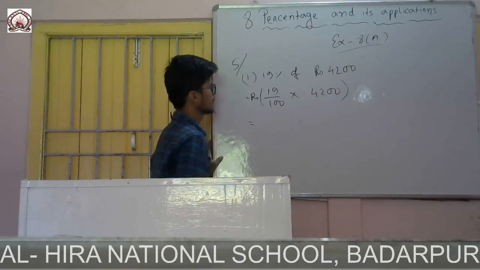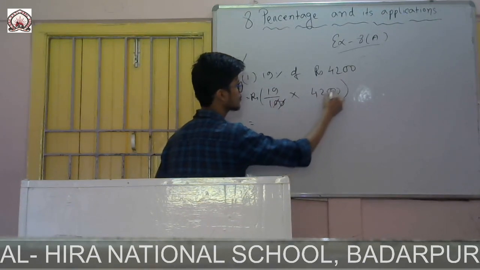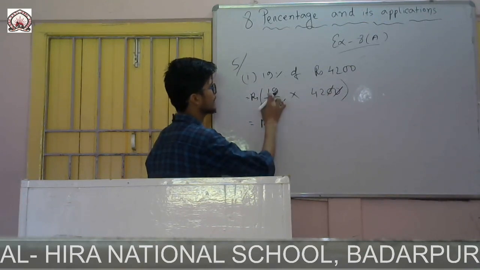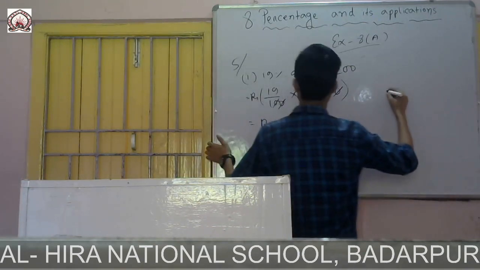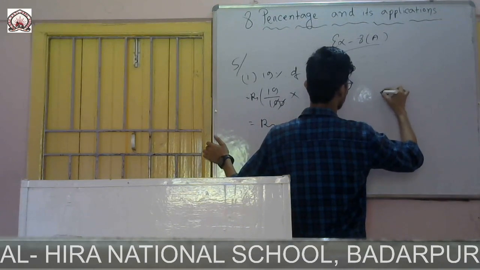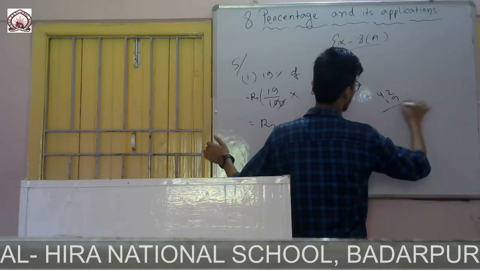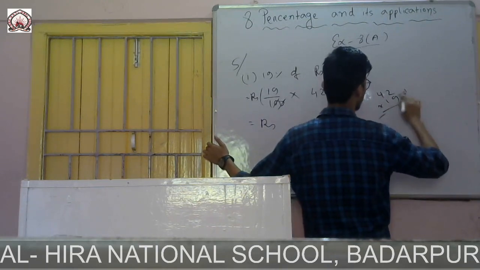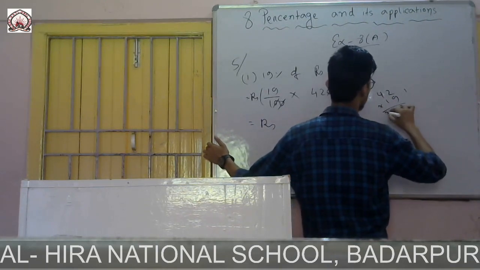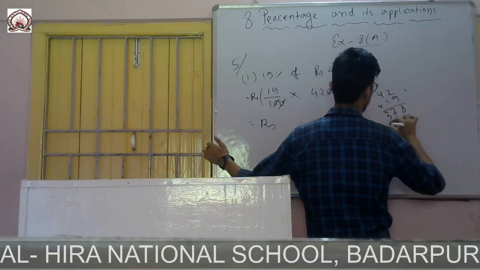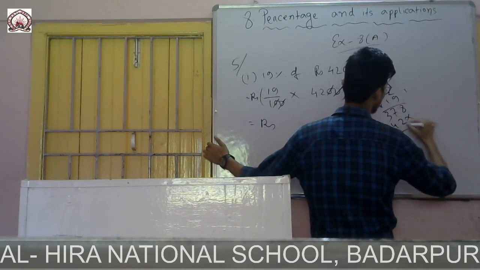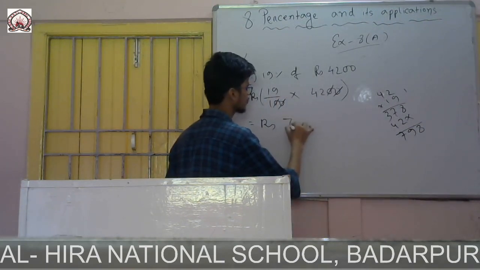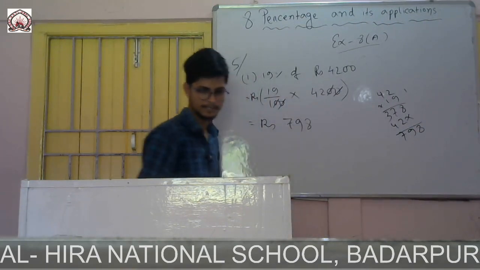Okay. So now you see I can cancel these two 0s, and there also I can cancel these two. They are left 19 and they are left 42. So 19 into 42. If I multiply, 9 twos are 18, 1 in my hand, 9 fours are 36 and 1 is 37. Then there is 42. 8, 7, 8, 9, 4, 5, 6, 7, 798. Answer is rupees 798.